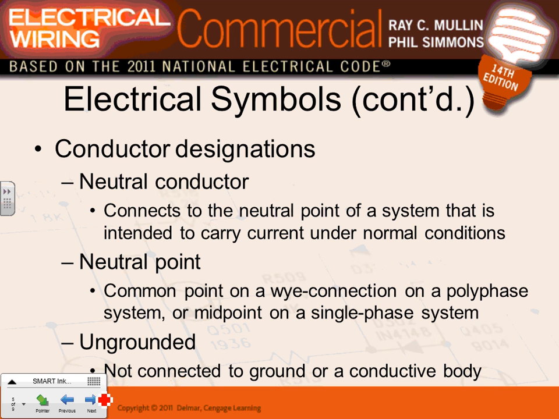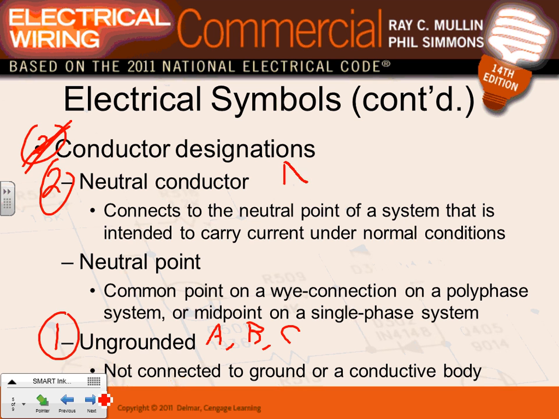Neutral conductor, neutral point, and ungrounded conductor. I just want to emphasize that in the electrical industry, these are your phases, phase A, phase B, and phase C. This is the neutral point, number 1. Number 2 is right here. This will be my neutral, right? And then you have the equipment grounded conductor, which is number 3. And I hope when we did the calculation,